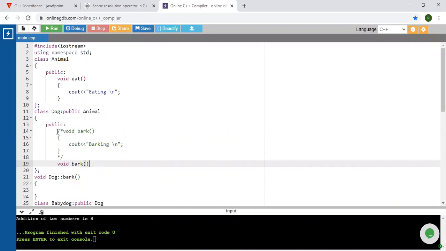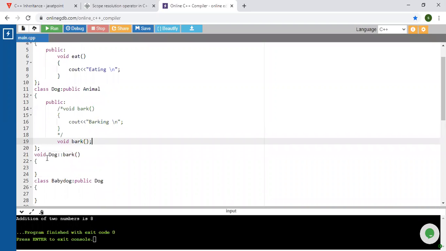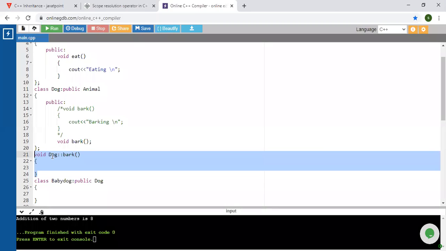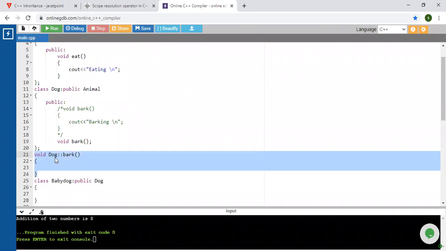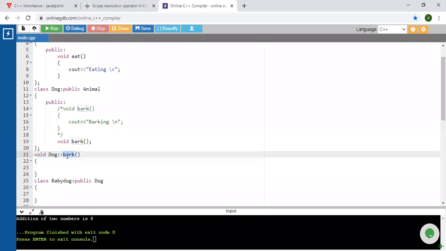I have shown you an example. What will it represent? It will represent that this bark method belongs to this dog class. It hides the actual execution from the compiler. Here he will consider that this is a bark method, and that bark method is available from the dog class. So I will just comment out this code.